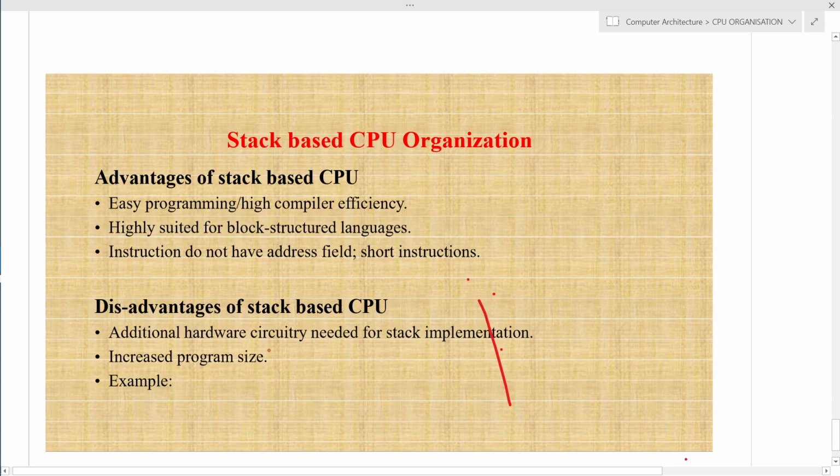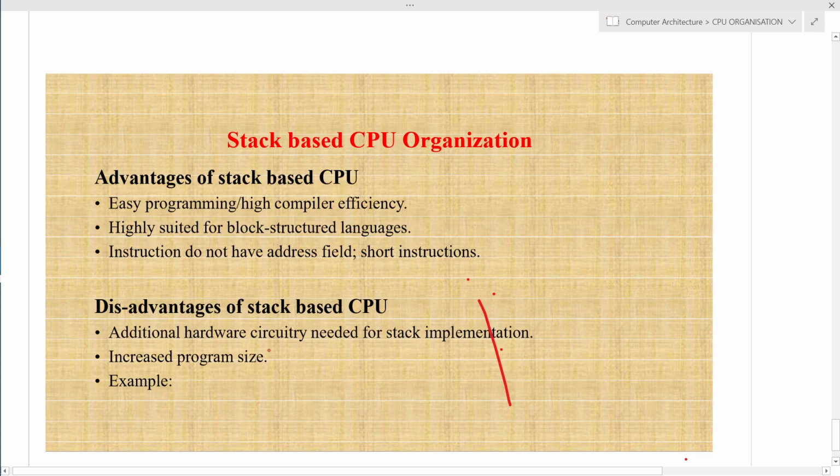If you are adding two numbers in register base, we can write only one statement, add a, b, or whatever the two registers. But if you are implementing this through the stack, then we have to push a, push b, then add, then pop, like that. That means the number of steps for performing a particular task in stack base is more.